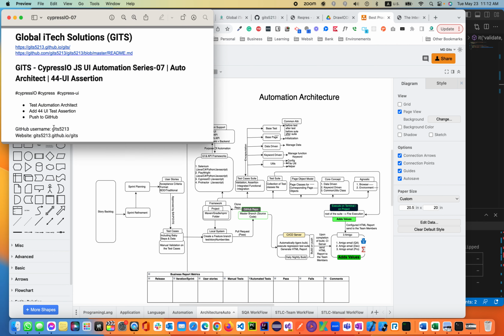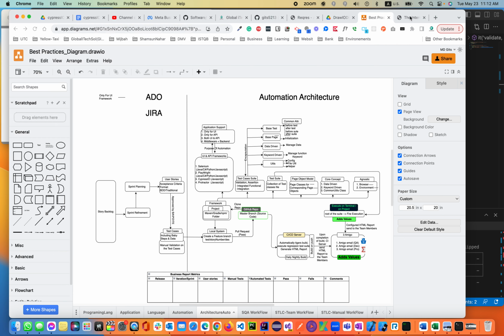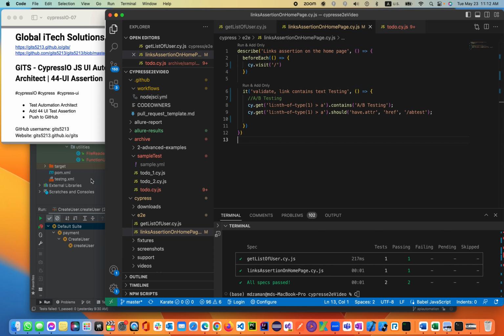Now come back to the second one: add 44 UI test assertions from the internet website. We added one assertion last time. Let's add the rest of them, right? Add, remove elements and all the others. So now on that, in this